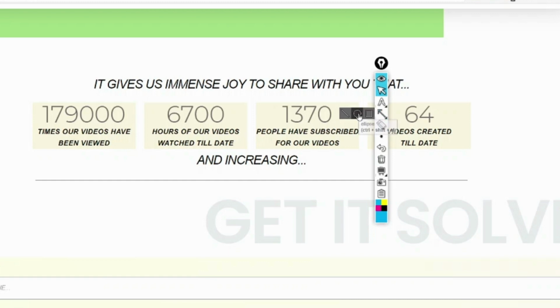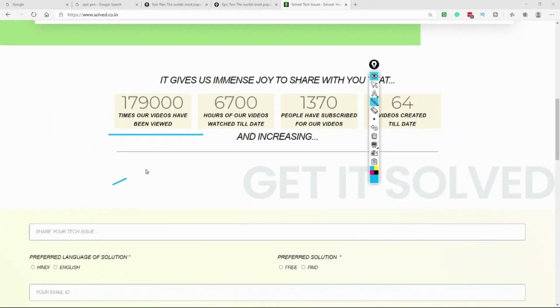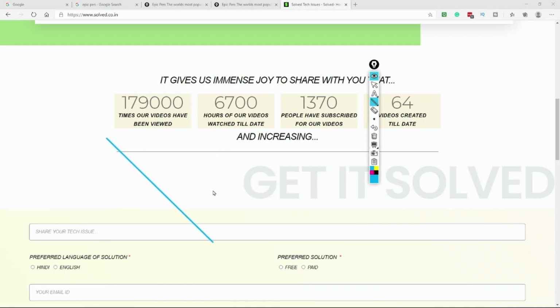So in here I would simply go to a line if I want to underline something. When you are drawing a line, you have the option of drawing a line in any orientation which you want. However, if you always want it to be straight, vertical, horizontal or a diagonal line, what you need to do is hold your shift key and then draw a line. It will always be either horizontal, diagonal 45 degrees or vertical. So you can see how it's jumping from one place to another.